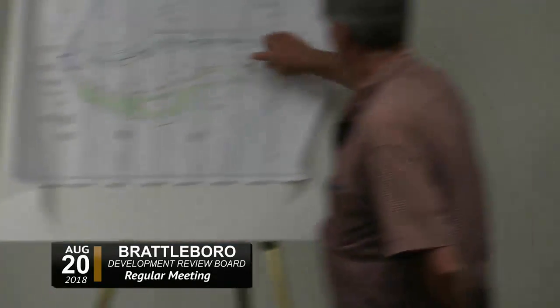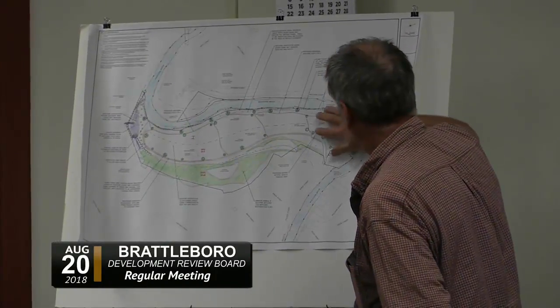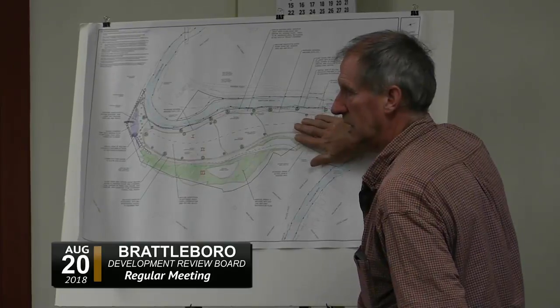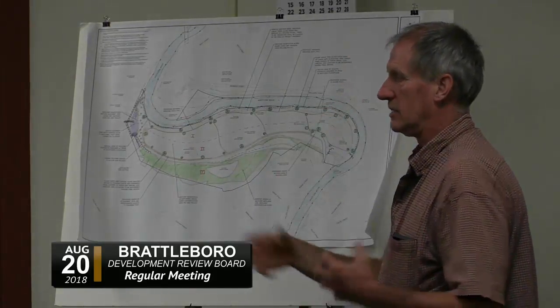Quick question. There's an existing water main there and sanitary. With the excavation, is that going to affect those at all? Yeah, no, we've nailed down the invert elevations of those, and they basically run across the property right about here. So this is the least amount of excavation up at this end of the property. And the plan is to